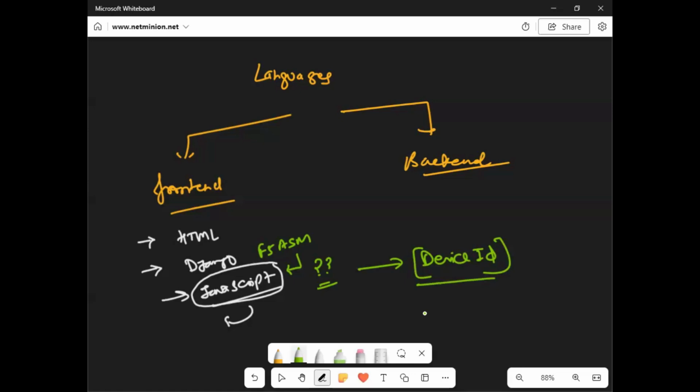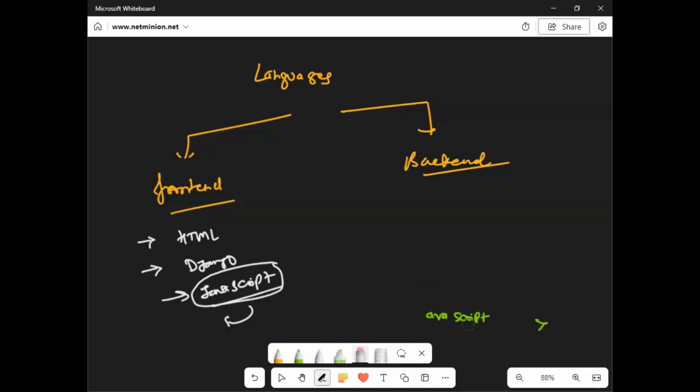Jasdeep, I talked about it, that it will send the JavaScript in the ASM class, and will get the specification of the device and all of those things. Remember? Yes, got it now. So JavaScript is a front end language. Please don't forget these terms. They will be used here and there. So these are your front end languages.